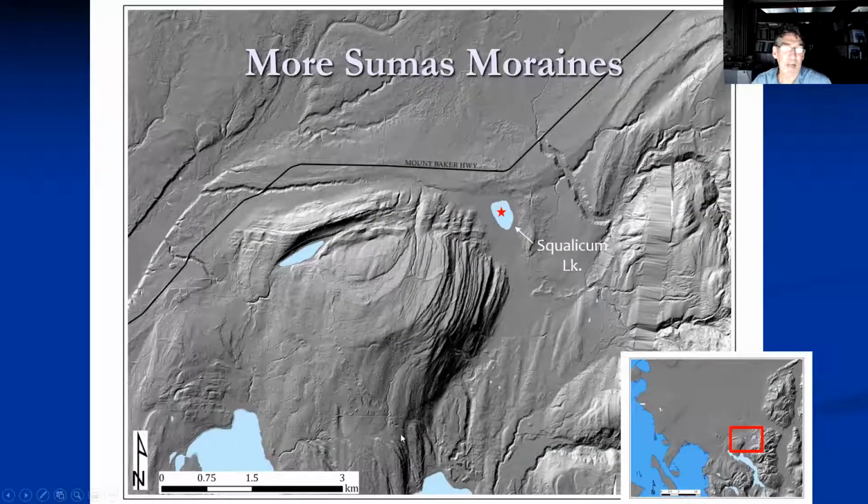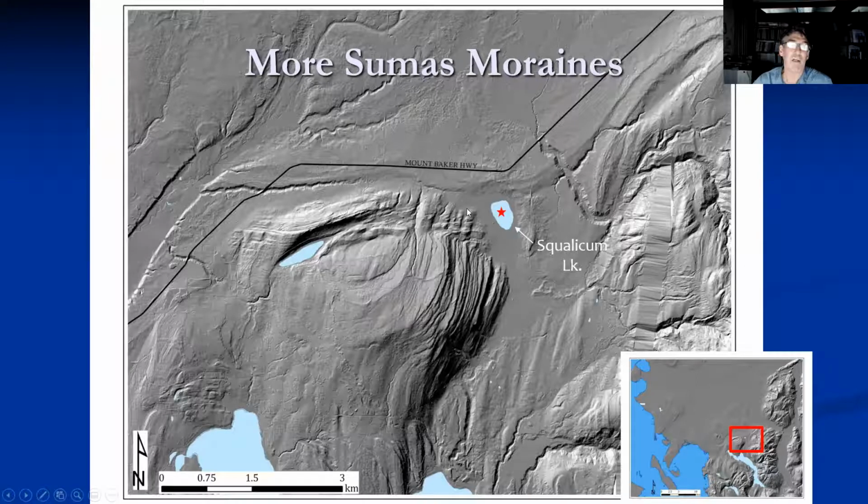Another set of, so that same moraine goes into Lake Whatcom further north and then climbs out again and comes back across Squalicum Mountain here and wraps around the hillside. I don't know if you guys, depending on your screen size, may or may not be able to see this. It's a tiny little thing, but it's quite clear and continuous, wraps across the hillside and forms a little loop here just south of what's called Squalicum Lake, and then goes back up into the hillside around this way.